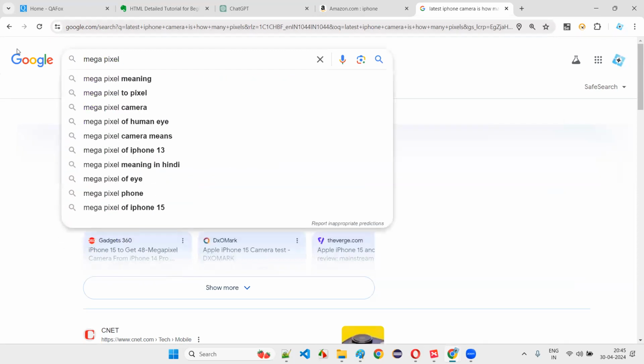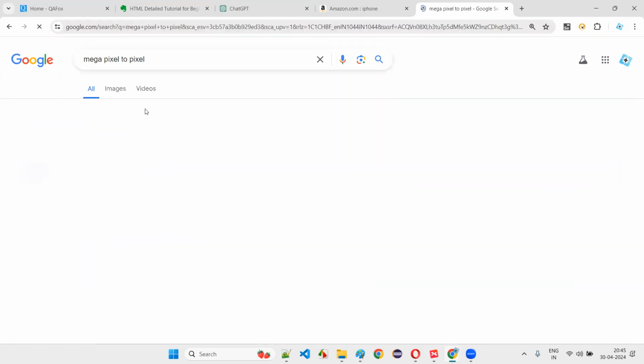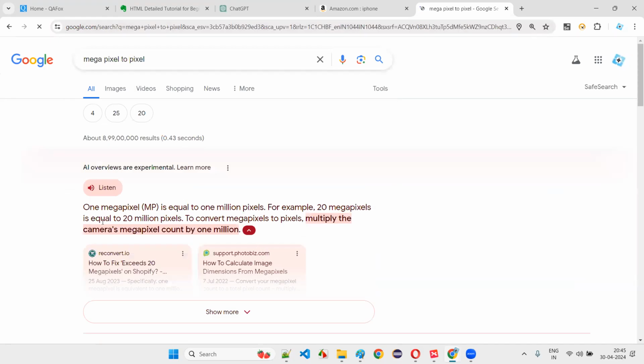Megapixel to pixel. Let's convert and see how many pixels. 1 megapixel is equal to 1 million pixels. 1 million, 10 lakhs, right? 20 megapixels is equal to 20 into 10 lakhs. Million means 10 lakhs, right?